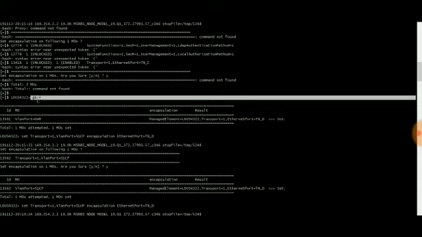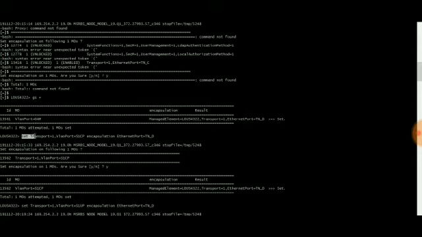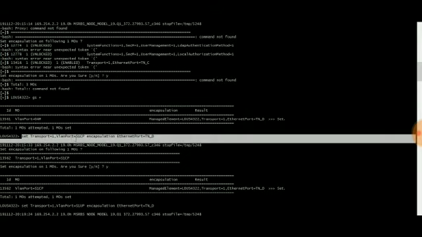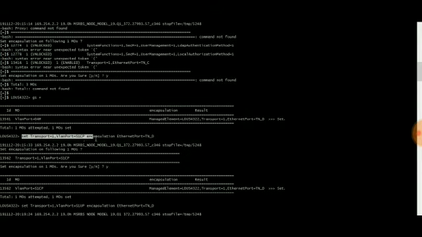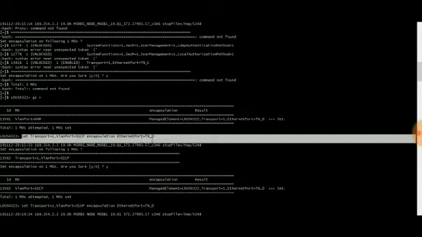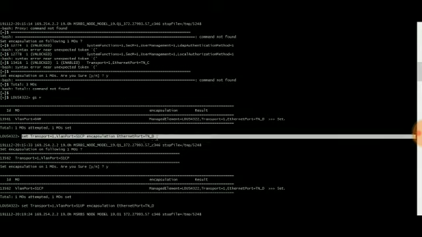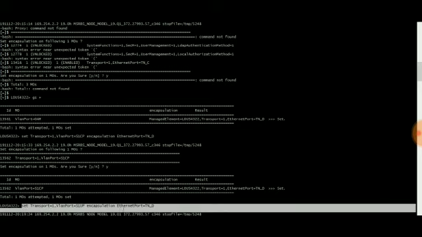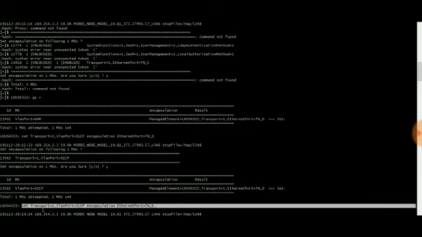Whenever you want to add any configuration, we have to follow the same procedure. Here set space transport equal to 1 space VLAN port equal to S1 is the interface, control plane space encapsulation space Ethernet port equal to TND. Again we have to do the same configuration for user plane as well. Set space transport equal to 1 VLAN port equal to S1 user plane space encapsulation space Ethernet port equal to TND.